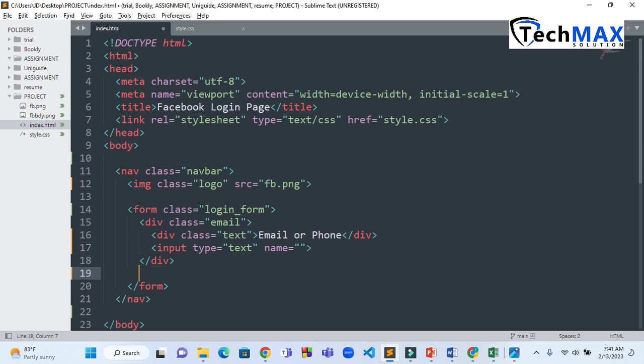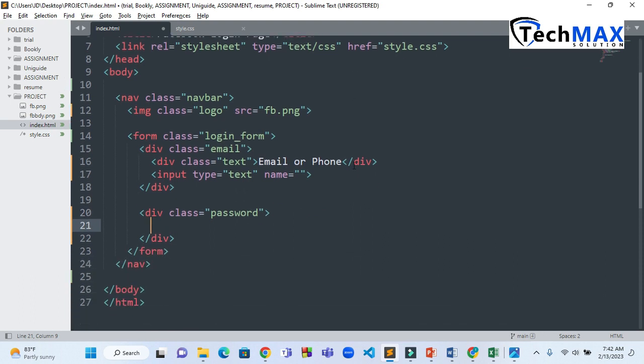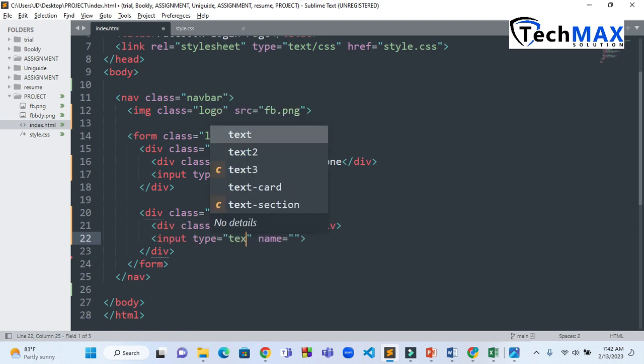Then I'll come down and create another div for the password, with a class password. Then I'll create another div with a class text and put here password. Now I need to bring my input tag, and the type is password,